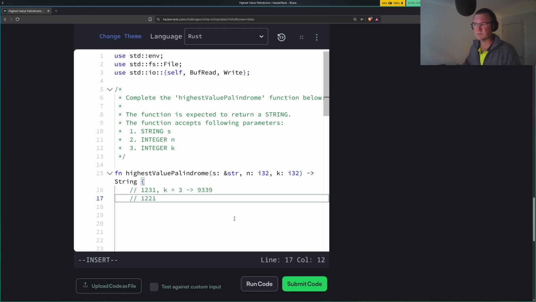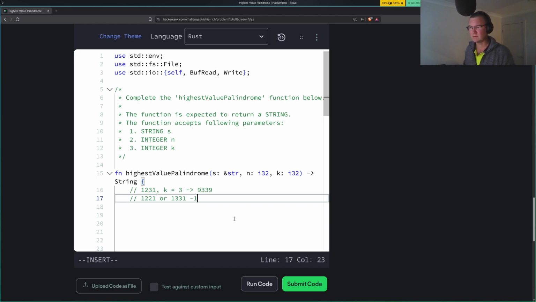So the first step would be to make this a palindrome, which is either to replace the 2 with a 3 or the 3 with a 2. So 1, 3, 3, 1 has got the higher value there. So we would pick 1, 3, 3, 1 over 1, 2, 2, 1. So that's got a cost of